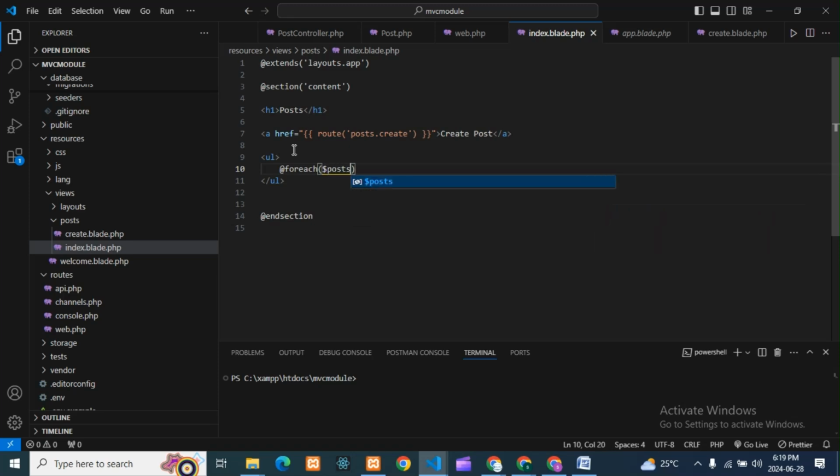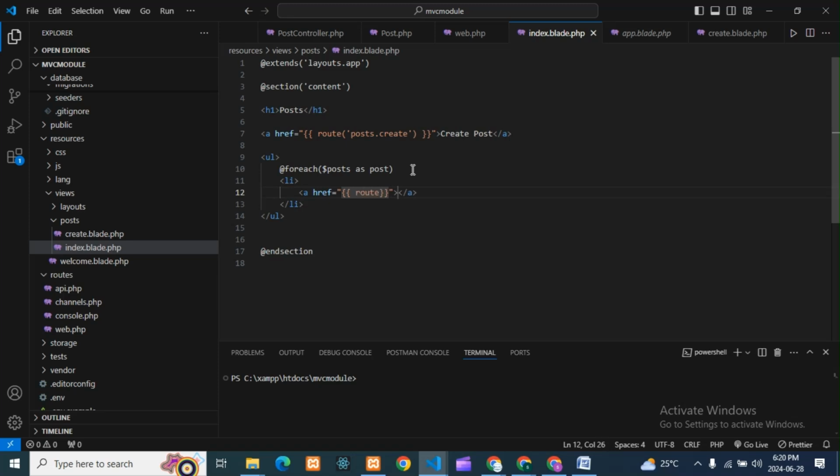As post we are taking whatever data is coming, then here our real content will come, then here our link will come. Whatever link is there,